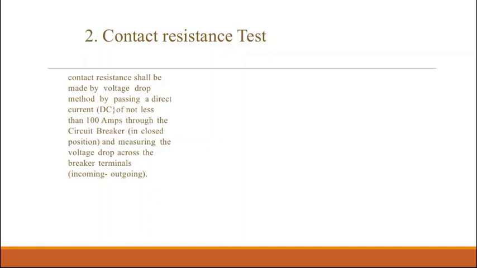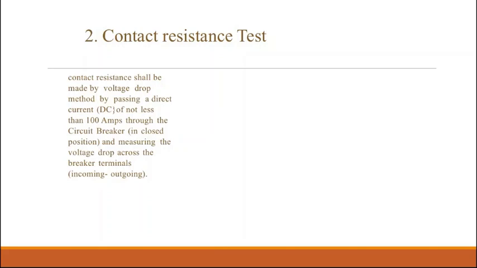Why is this very important? Let us take one breaker allowing around 1000 ampere. If there is a 1 milliohm resistance offered by this contact, then the voltage drop is nothing but, I is equal to V by R, V is equal to I into R, 1000 into 1 milliohm, that is nothing but 1 volt. 1 volt drop across this point.